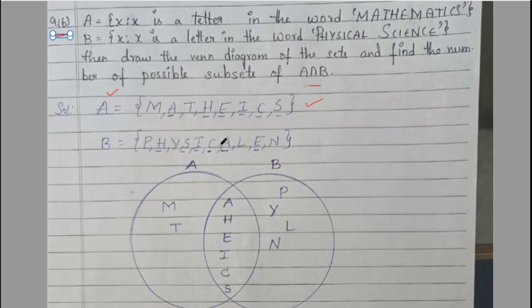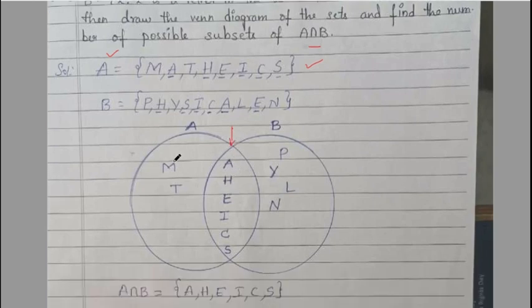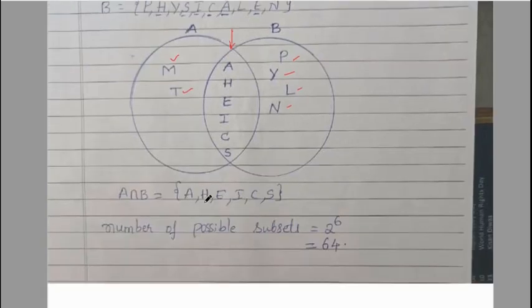B is equal to P, H, Y, S, I, C, A, L, E, N. So the common elements should be put in this area. It is nothing but A intersection B, and A minus B is the elements which are left out after A intersection B, that is empty, and B minus A will be P, Y, L, N. So A intersection B, obviously